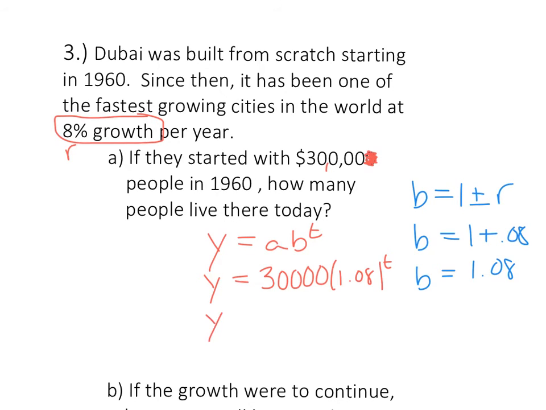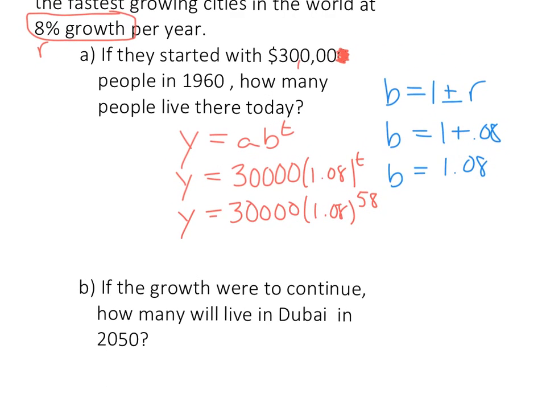So since 58 years is a time, it's going to go in for t. So 30,000, sorry, I keep saying 300,000, 30,000 times 1.08 to the 58th power. And that would just be done in your graphing calculator. You can just put the whole thing in there, and you end up with y equals